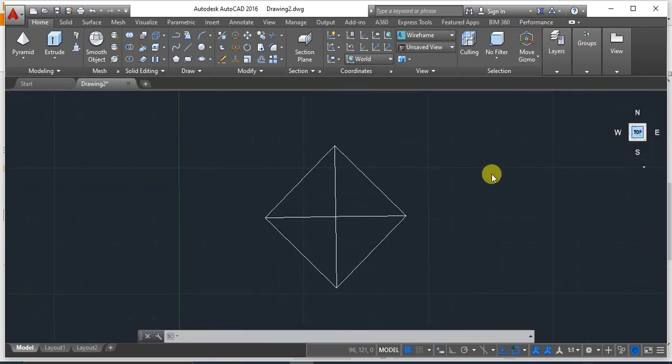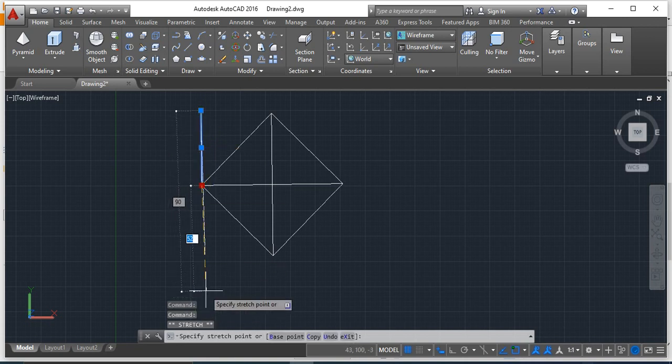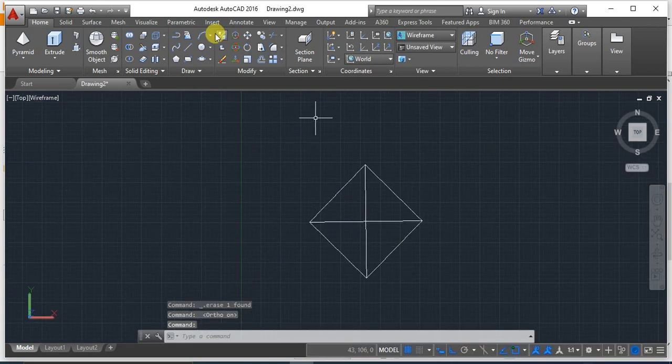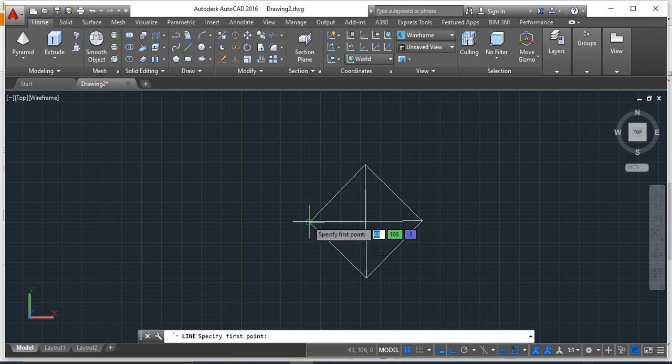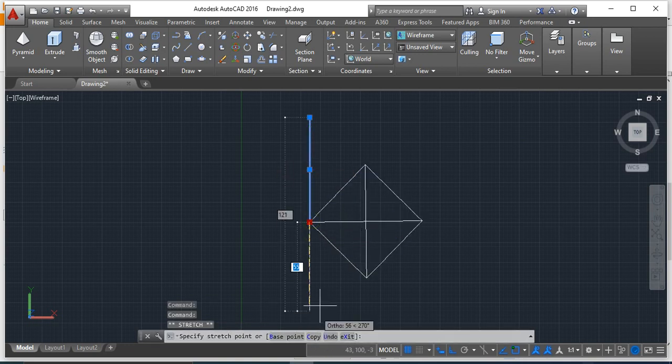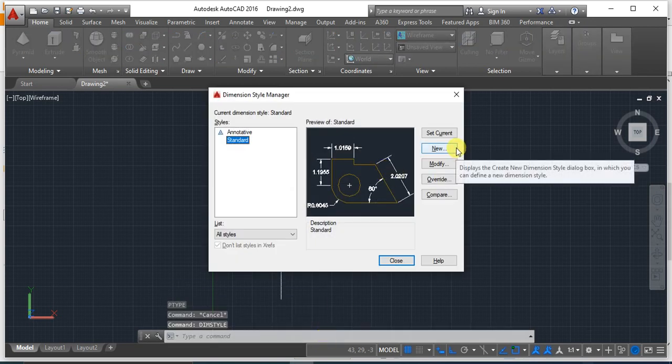So in the top view you can visualize the thing very carefully. In order to ensure this, from this end you draw a line, and then find out whether it is equally inclined. For this I make sure that it is in ortho mode in order to find the angle properly. So make ortho mode on, draw the first line and then try to extend it downwards. Let us check whether it is equally inclined or not. So dim style. Make sure that the dim style is properly made. So just modify it.